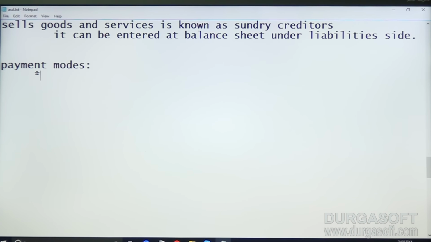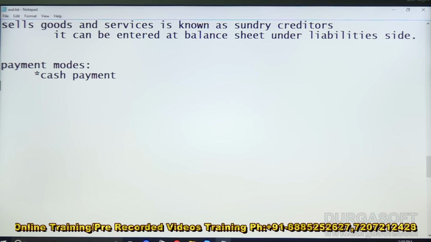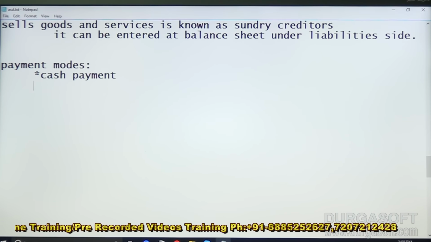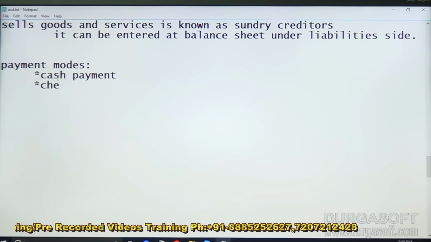We have cash payment. First we need to understand this, and only after that can we enter into our accounts. And check payments,